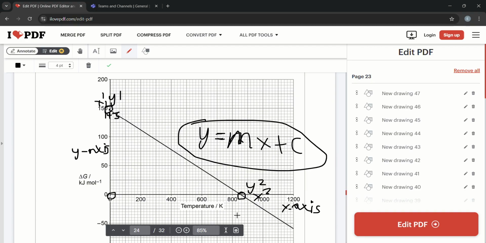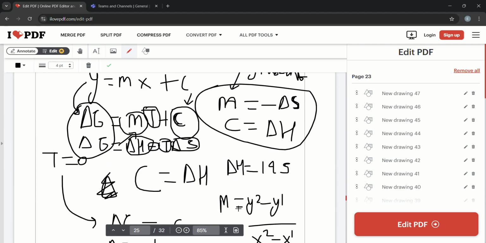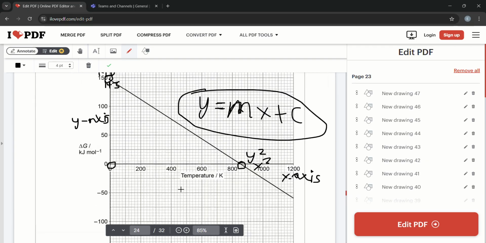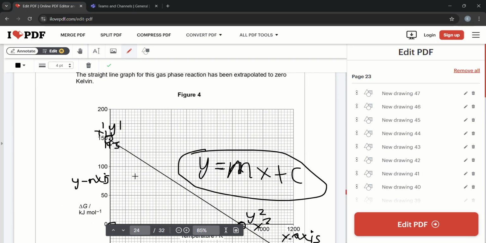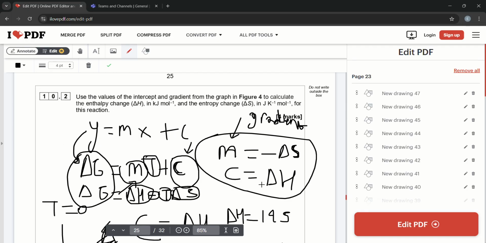Well, y2 is 0. It's going to be 0 minus y1, which we know is 145, over x2,